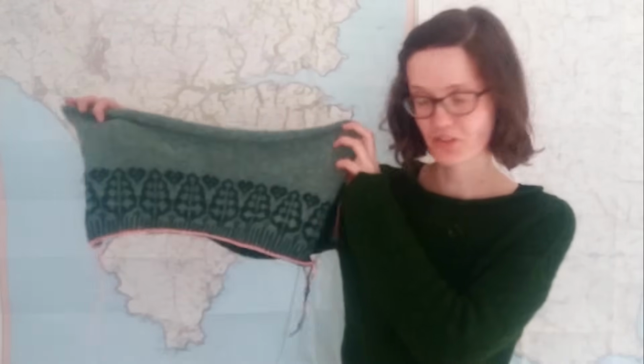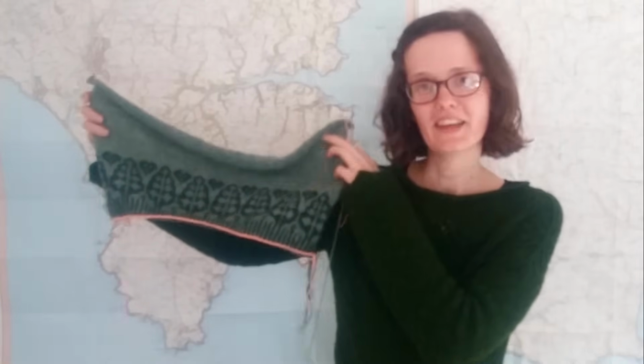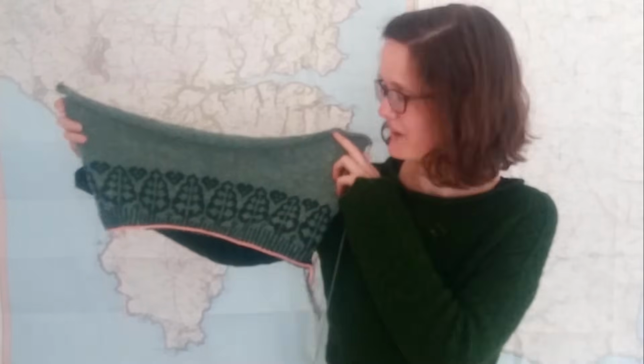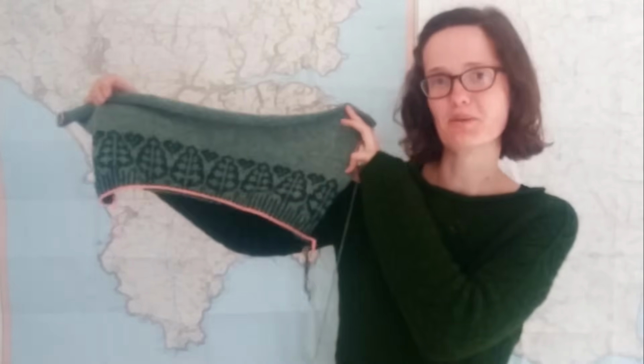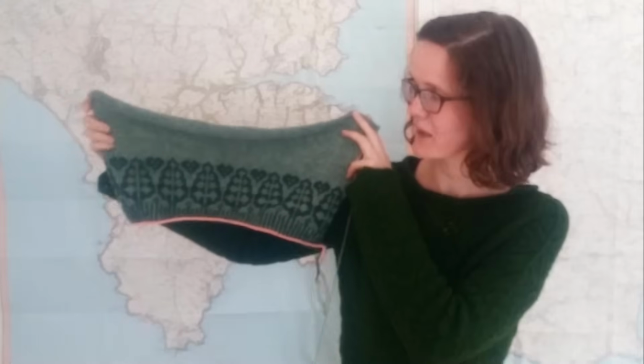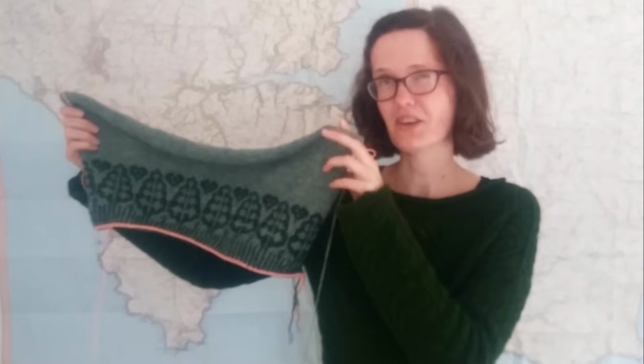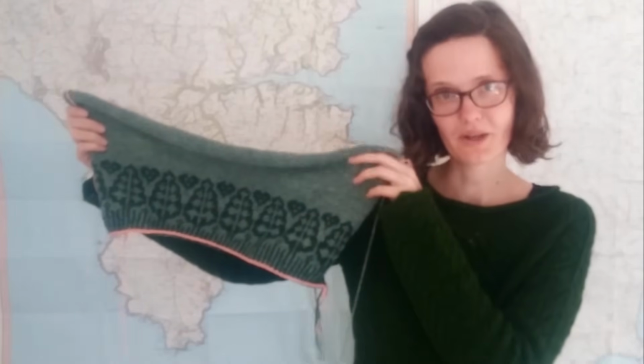At the moment, I'm working on another jumper, which is based on the conifer jumper by Ella Austin. Now, Ella Austin is one of my favourite designers and also one of my best buddies, and she gave me permission to adapt this colourwork pattern, which she initially designed for a baby cardigan, into a jumper for myself. I believe actually it's now available as a grown-up cardigan pattern through Loop in London,